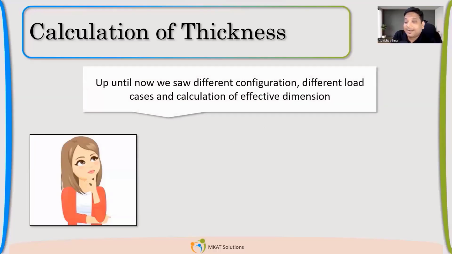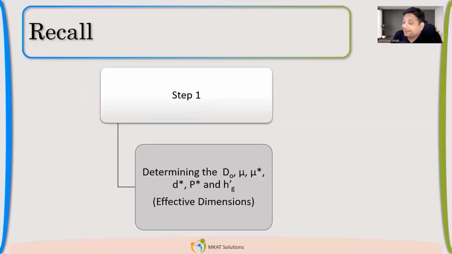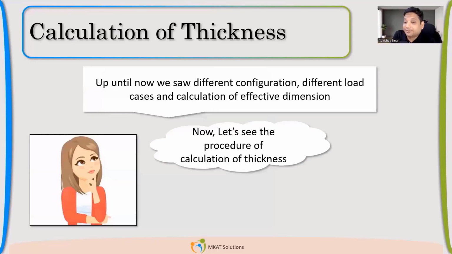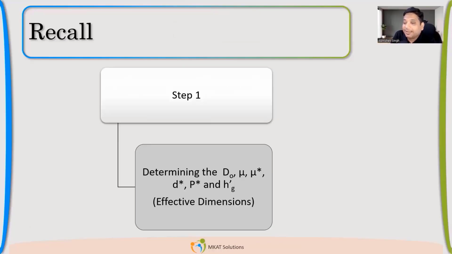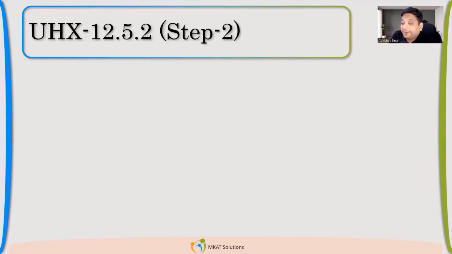Now, let us try to understand the calculation. So what we have taken is the common sandwich type D type configuration, and by using that, let us calculate the thickness. See the procedure. Step 1, determine all the effective dimensions. That is my first step, which we just did. We calculated all the effective dimensions. Now step 2,